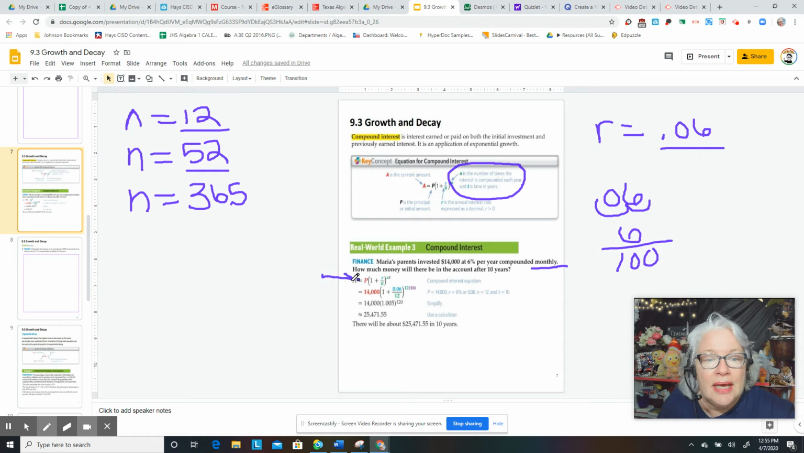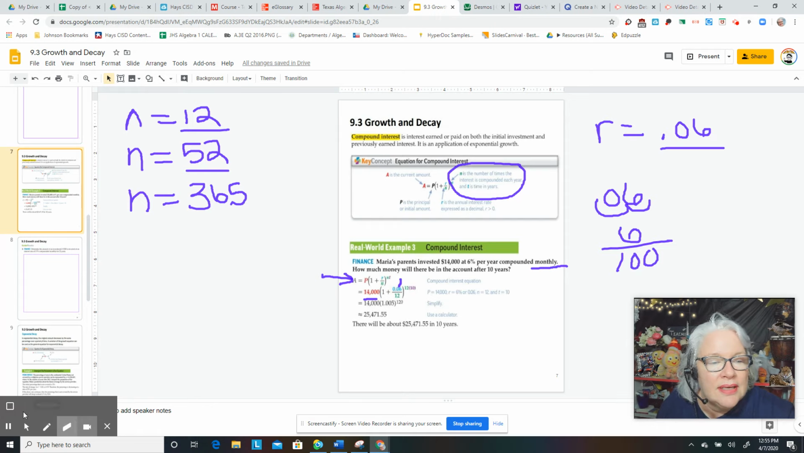Start with your formula. P, that's like your A. How much are you starting with? She was starting with $14,000. R, what is your rate? There it is on the top there, 0.06. N, the new part, 12. And then,